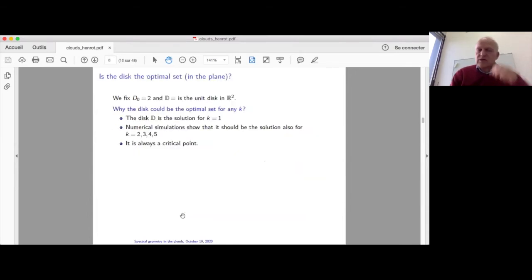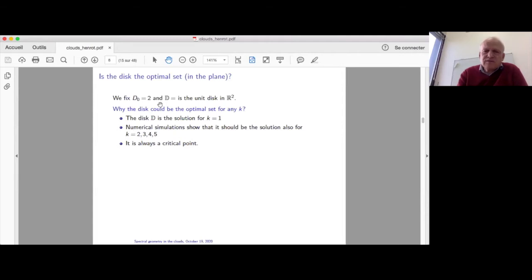Okay, so the next question is, okay, can we have an idea about the optimal domains in general? And is there any reason for which the disk could be the optimal domain for lambda_k? So here, just for convenience, I'll fix the diameter to be 2 in order that the unit disk is in the class of competitors. And do I have some reason to